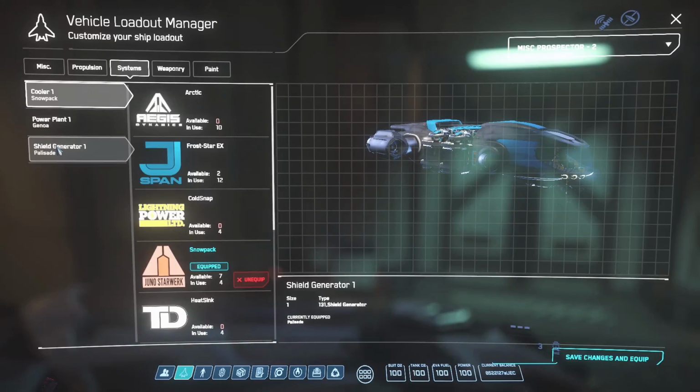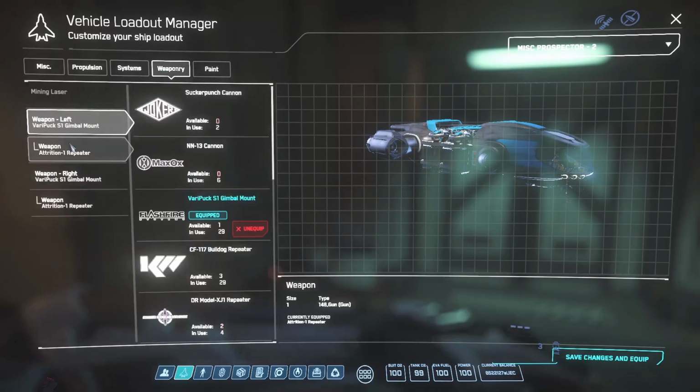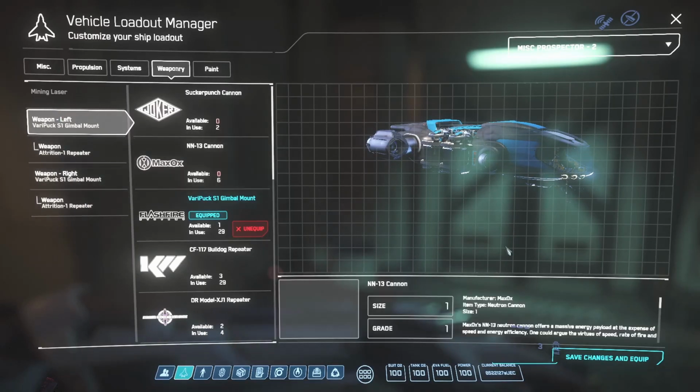When you're in a Prospector, you're not going to turn around and fight, you just want to get out of there. Weaponry, I'll throw my Attrition 3s on, or Attrition 1s on there. And again, that's going to be for self-defense. It's not going to be to take down a ship. It's just to buy you time to get out of the area and get away from any pirates that find you. So we're going to go ahead and save this,